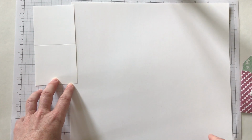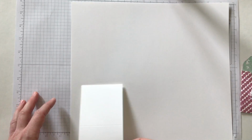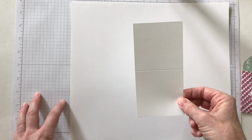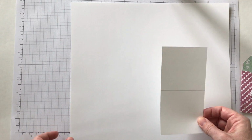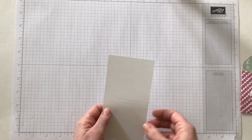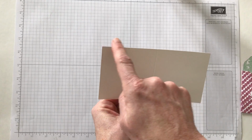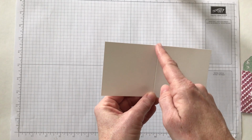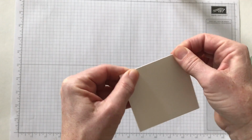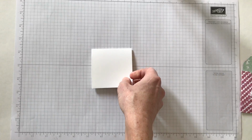And then you do that along the bottom too. So you'd end up with 1, 2, 3, 4, 5, 6, 7, 8 little baby gift enclosure cards with one piece of Whisper White cardstock. So that's pretty awesome. You can make a ton of gift enclosure cards with the Whisper White 12 by 12 cardstock. The other thing that I like to do, this is 6 inches long. Score it in the middle at 3 inches so it makes that nice crisp fold on your card. Okay, now we can go ahead and get started